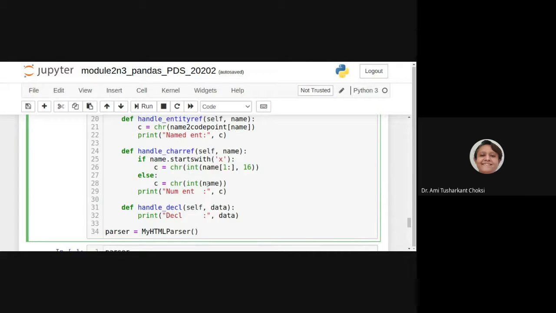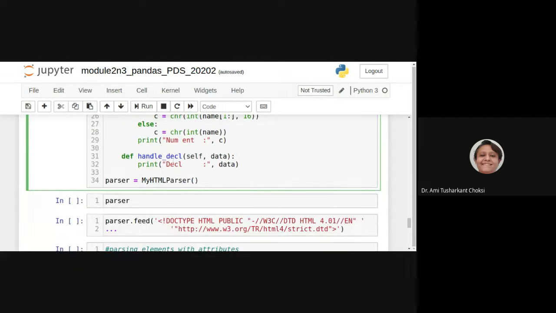Otherwise, the integer name is converted to a character. Then handle_decl, where we print the data.